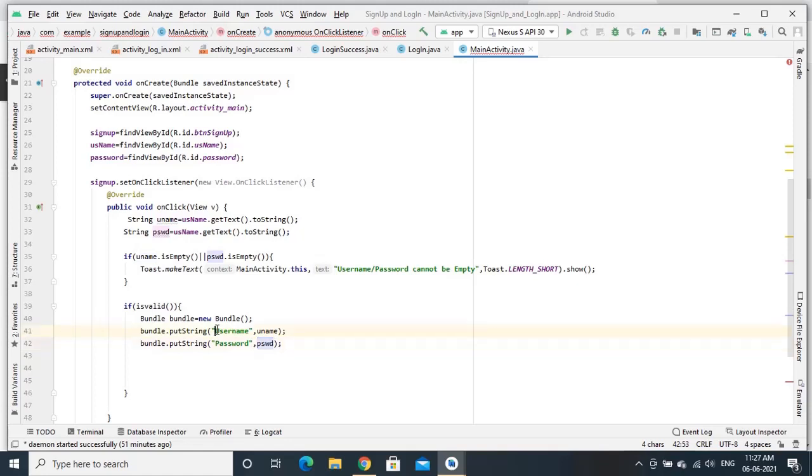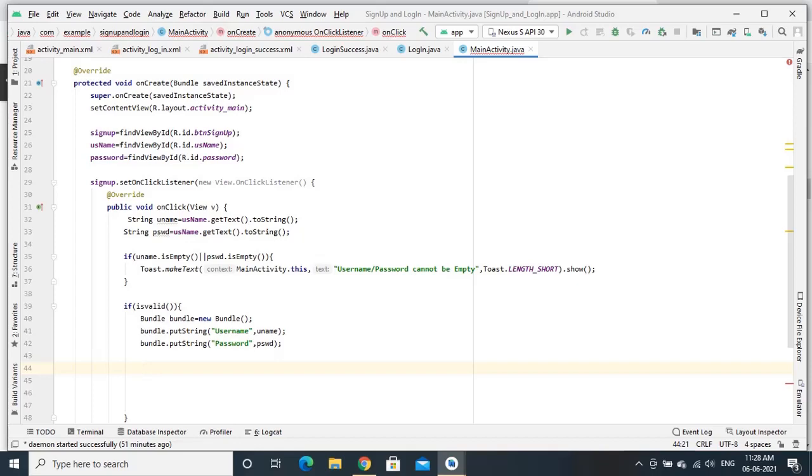Remember, that is why we have given this as a key for username as well as password. Once we insert the data to the bundle, now we create a intent. So intent is used to pass the data between the activity. We need to pass the data between sign up and login activity.